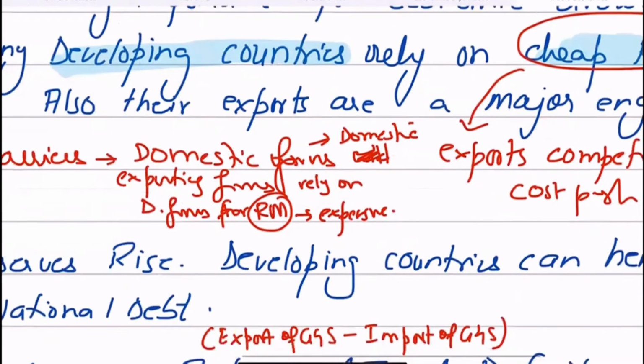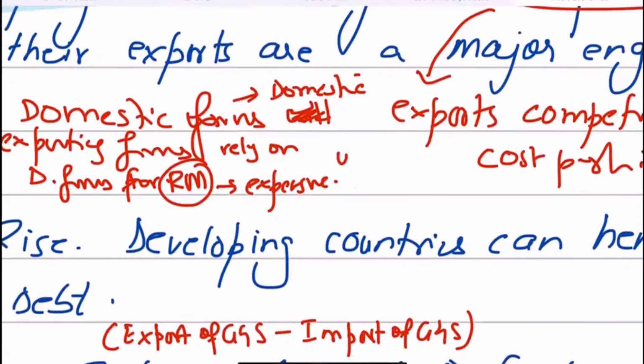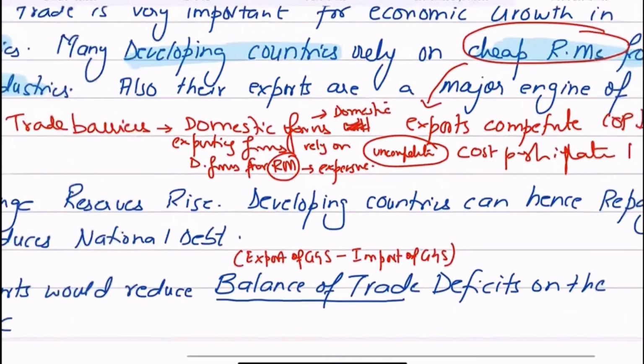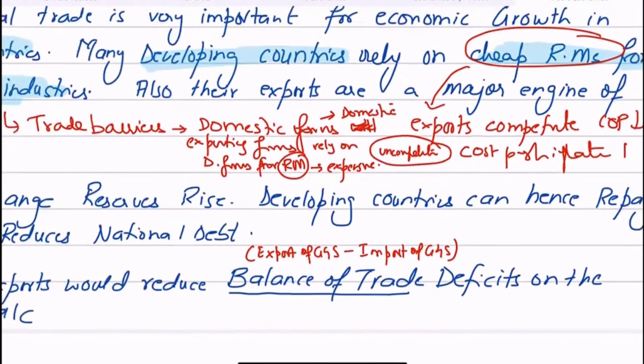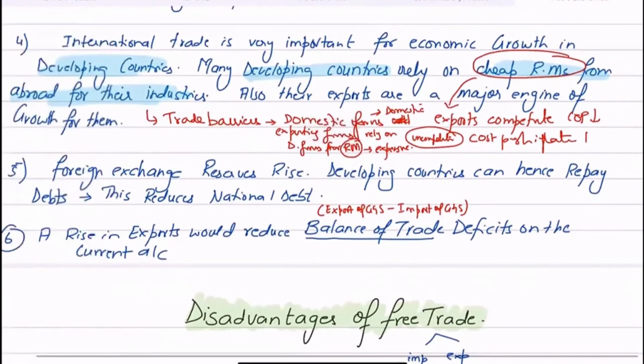And what would happen is that this would make the exports uncompetitive. And this would make the profits of these exporting firms go down. And if profit goes down, so would GDP for the economy as well. So it's not good for the economic development of the country. So you could also mention how free trade is beneficial for the country, because if you're importing cheap raw material, there are various cost advantages attached to it. And if you ban those imports, you actually end up banning the cheap raw material available.